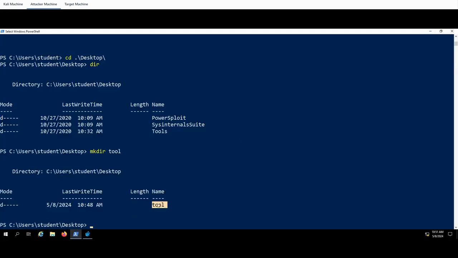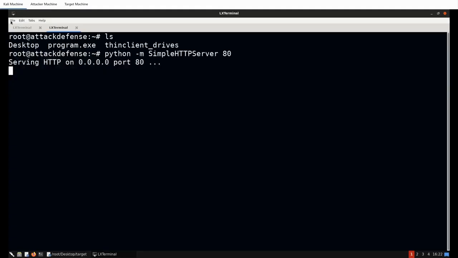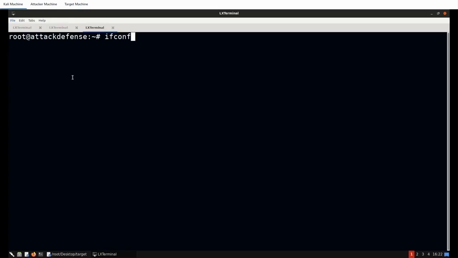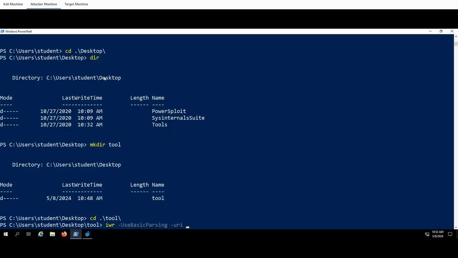So I'm going to go into the tool directory, and I'm now going to say with PowerShell, we can just say IWR, use basic parsing. The URI is going to be the actual URL of the web server running on the Kali Linux system. So I'm just going to get my Kali Linux IP, 10.10.22.2. So there we are, and the URI, let me type that in, is going to be HTTP, and I'm going to paste that in there,